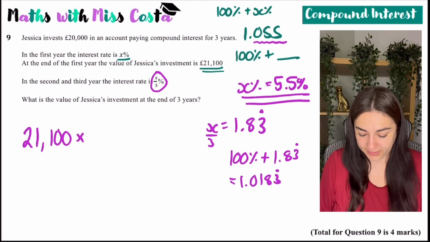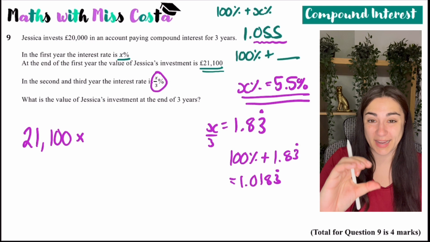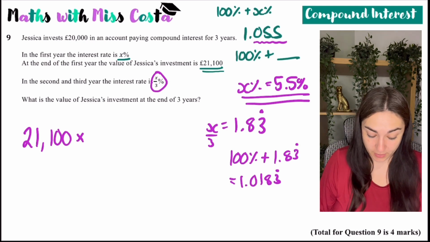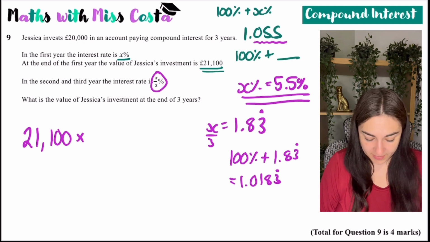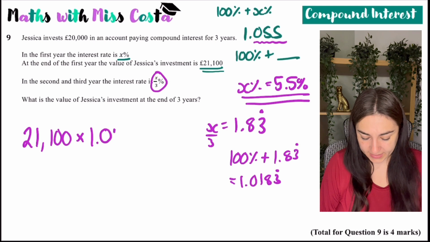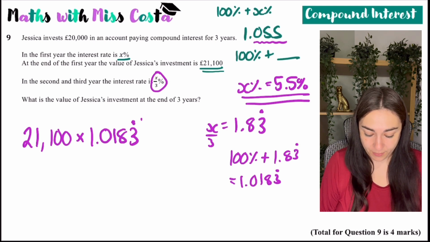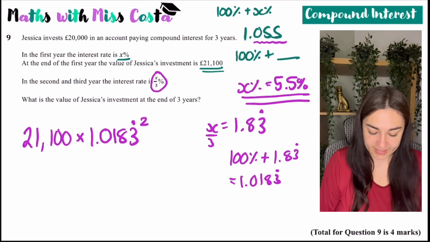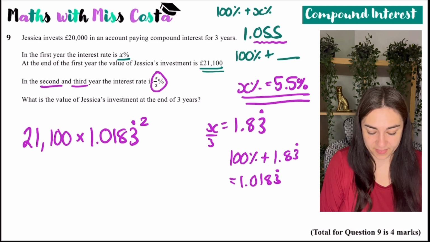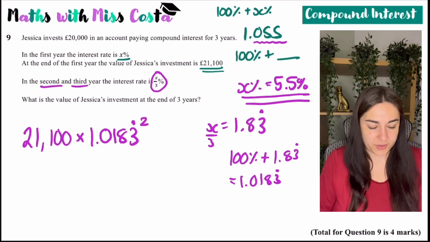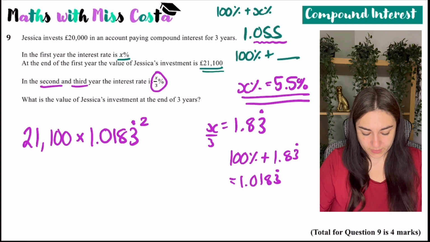So if you're a bit confused about multipliers, then start with 100%, add on your interest rate and divide by 100. So I'm going to do 21,100 times by 1.0183 recurring, to the power of 2 because it's for 2 years, for the second and the third year. So 21,100 times by answer squared is